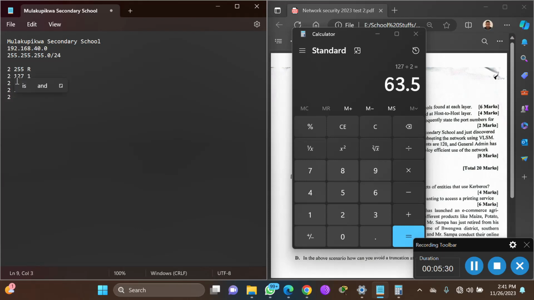And 63 divided by 2 is 31 remainder 1. 31 divided by 2 is 15 remainder 1. 15 divided by 2 is 7 remainder 1. 7 divided by 2 is 3 remainder 1. 3 divided by 2 is 1 remainder 1. 1 divided by 2 is 0 remainder 1. So if you count the ones starting from the bottom going up, it's 1 2 3 4 5 6 7 8. So 255 is 8 ones,